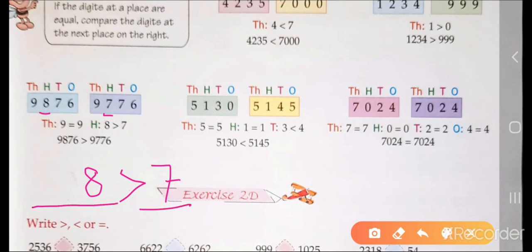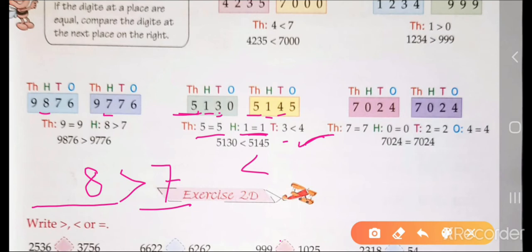Okay, one more thing, just see the next example. In the next example, just see the thousands place, both are equal, so let's check the next place value of the 100 place. This is 1 and this is also 1, so this is also equal, so we will check the next place value of tens place. So this is 3 and this is 4. Then which one is greater? Then obviously 4 is greater than 3. Then this side number will be greater. Okay, so we will put the symbol of greater than. Okay, just see the next example.